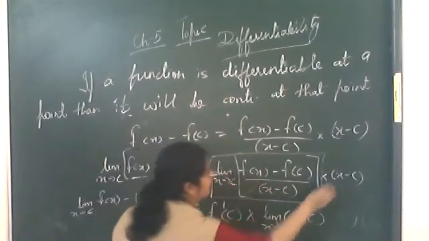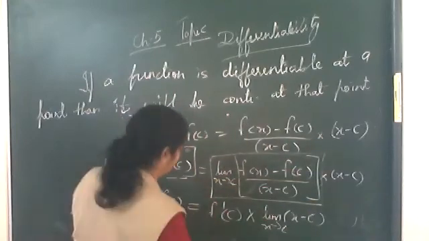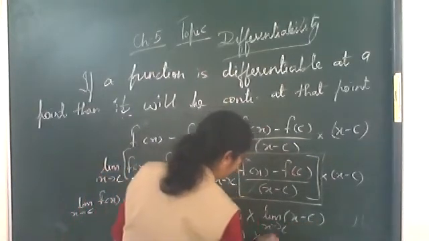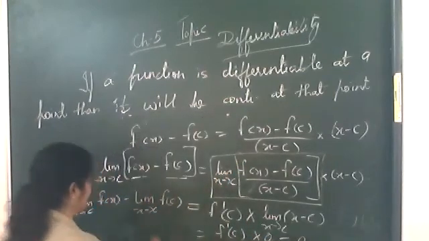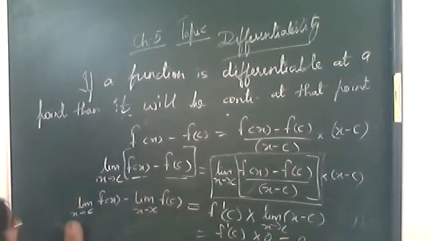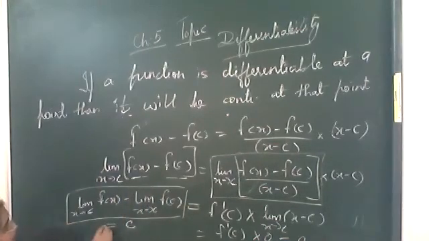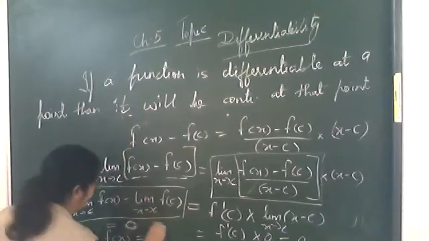We can separate the limit here also, because if we are putting limit here, we have to give limit here also. So we will have f dash c multiplied by limit x tending to c, (x minus c). What will c minus c be? Directly 0 by substitution. So we get this value as 0. So you can see here, limit x tending to c, f(x) minus f(c) will be equal to 0. If this is equal to 0, what can we write? Limit x tending to c, f(x) is equal to how much? Limit x tending to c, f(c). There is no x here, so directly f(c).